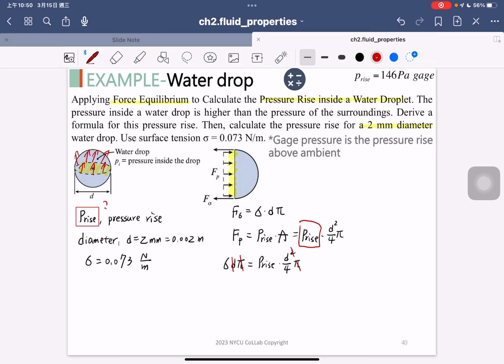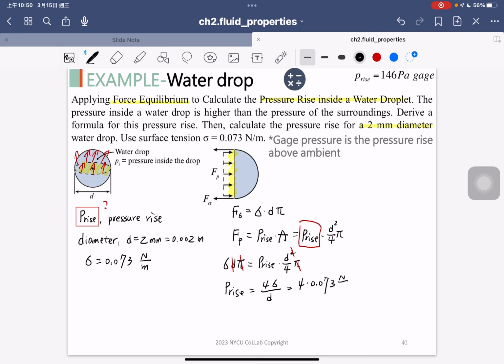So we only have one unknown parameter. Put the unknown parameter on the left hand side, and then it's 4 times sigma divided by d. So we put in all the parameters, 4 times sigma,